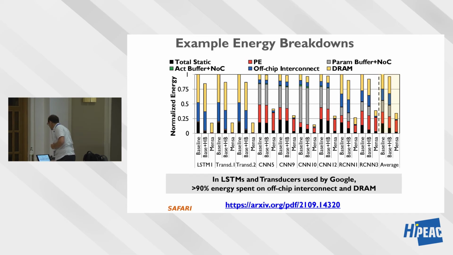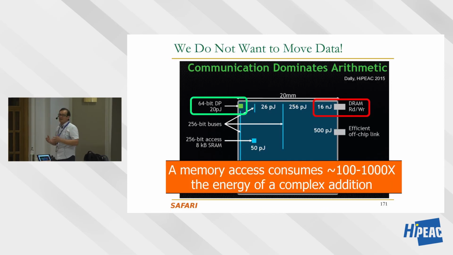But that's true for other models also, but not as much, let's say, because these are much smaller models, and people have optimized the compilers, etc., so that you can maximize locality. And locality maximization in machine learning is easier than locality maximization in many other applications like graph processing, etc. Okay, so basically we do not want to move data, I would argue, as much as possible.